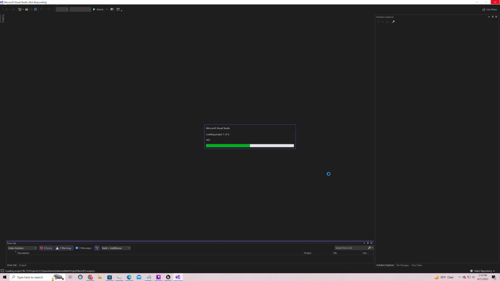So that means I need to spend a little bit of time just setting the environment up so that I can properly get IntelliSense on C++ files.